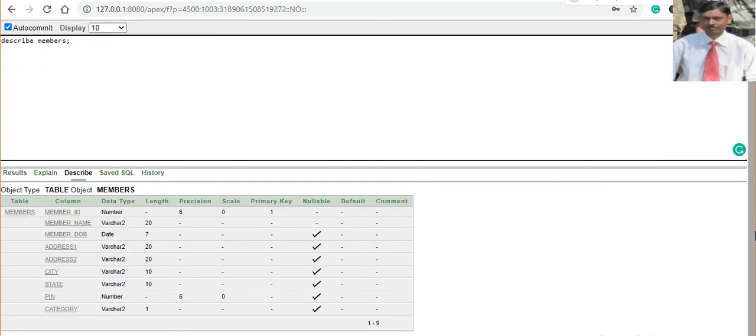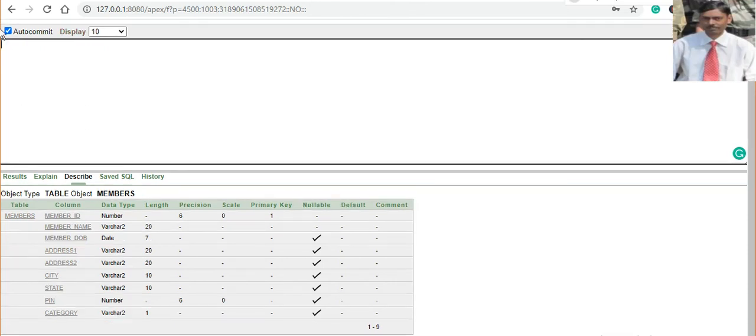In this table we don't have an email ID. Okay, there is no option of email there. We want to add a new column, email. Now I am going to write the command alter table members, then parenthesis, and then look at here, add.